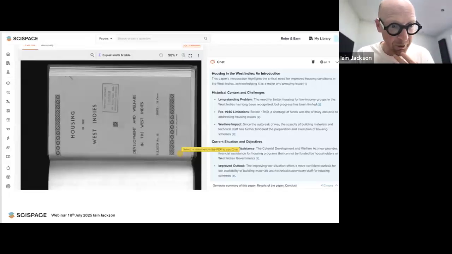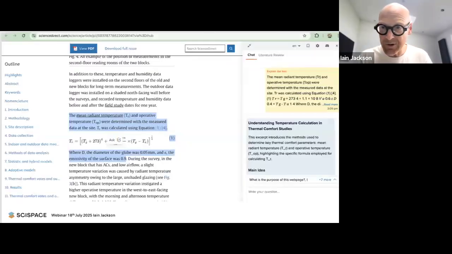I plugged in a government housing report on housing in the West Indies. Again, it's formatted funny. It's not been scanned properly. But the OCR, the optical text recognition, handled that no problem. It quickly gave me a summary of the document, set out all of the important sections of this quite dense text. And these aren't fun to read. A very dry, very matter of fact report. So here it just quickly distilled what I wanted into a very usable output.